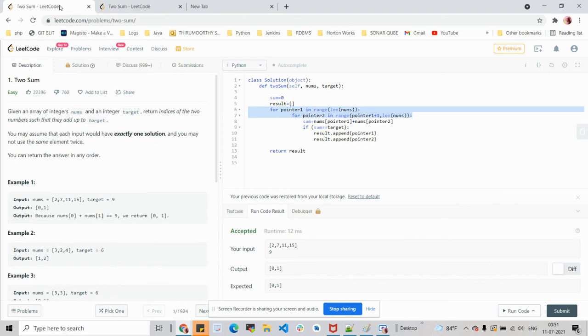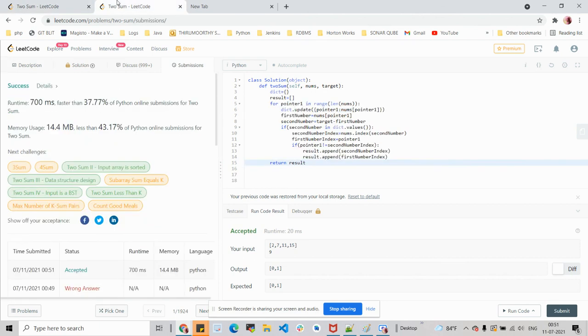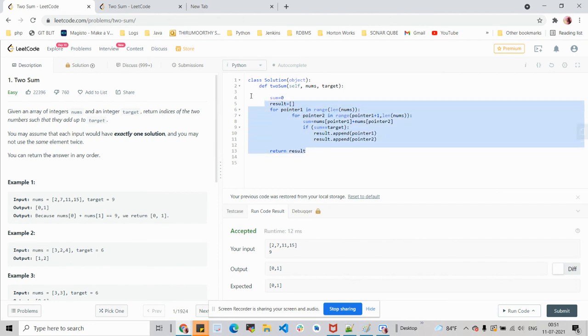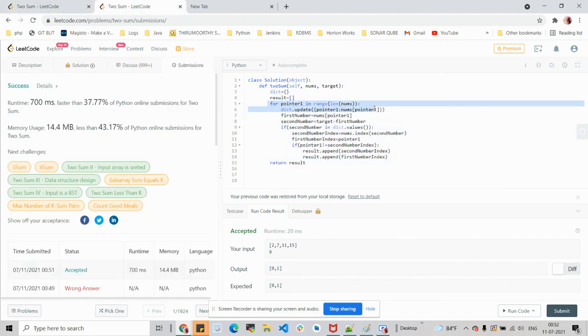So this is how we are optimizing this brute force solution, where here we have used a nested for loop, but here we are using only a single for loop with two different data structures, and we are trying to pull the two numbers from two different data structures with one pointer itself. So since I'm using only one pointer, I'm trying to iterate through only one set of n elements. So the time complexity for this code base will be order of n. This is how we can optimize the brute force solution by using a single pointer and two different data structures in it. Thank you.